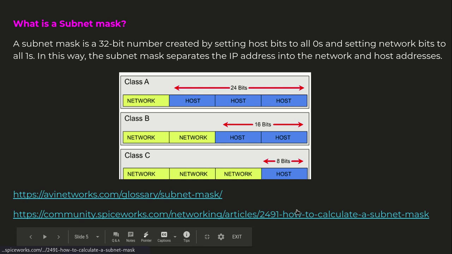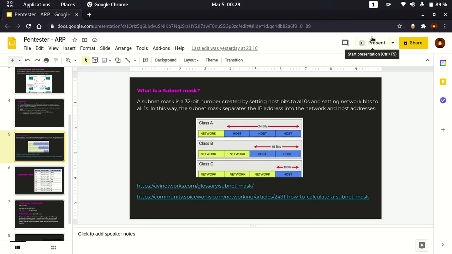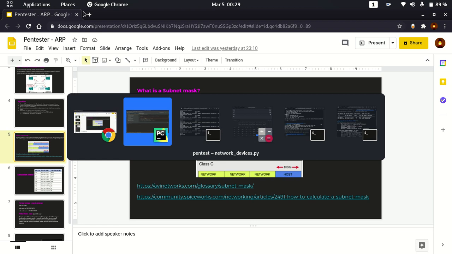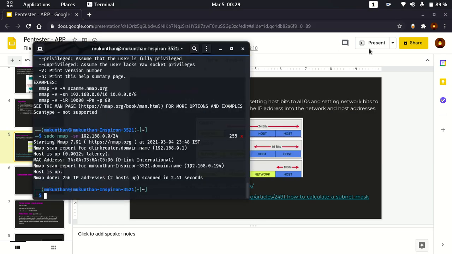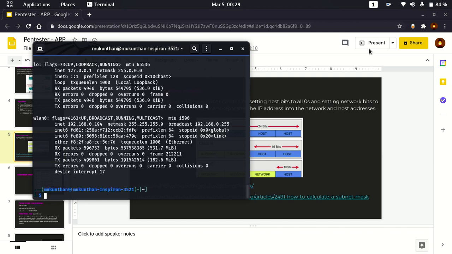So let's see what the subnet mask is that we can see in our system by using ifconfig, and what the other ranges are that we can see. Just type ifconfig, and you can see, since I am using the LAN, I will have the subnet mask here. So it has the value